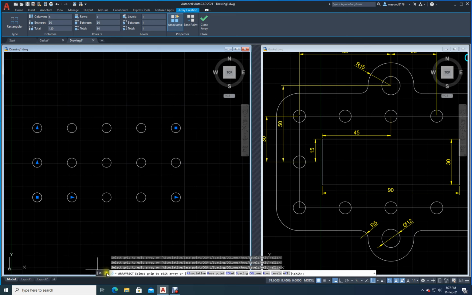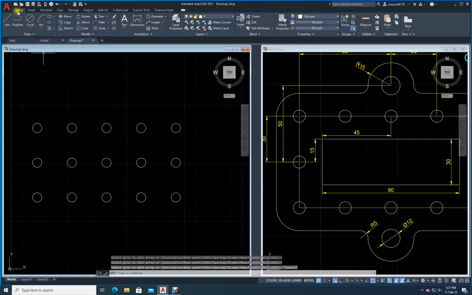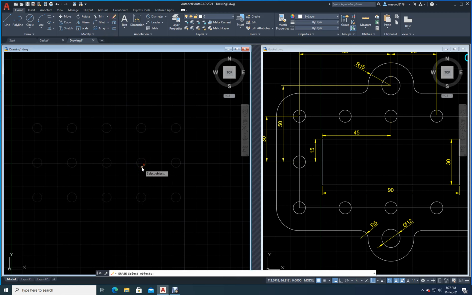Okay. Now I will escape. I will come out. Now I have this. Do I need these center portions? I don't need these center portions, isn't it? Then how to get rid of them? Let us try to delete it. Just go here, try to click. Now what is happening? Everything is getting selected. Why? This is a single block actually.